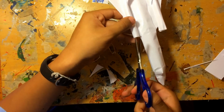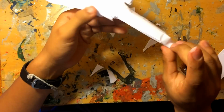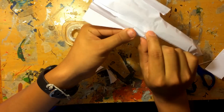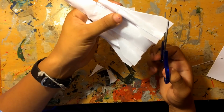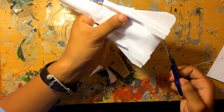I'm human too. So this is what I meant about flapping the cone things. Just get it cut right there. Get one piece of tape on one side, and you just bring it over to the other side. It makes a cone. And to complete the cone, just do the same thing to the bottom. And right here, in the back,